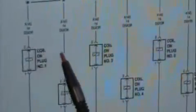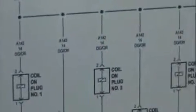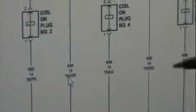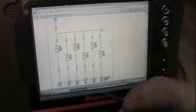Scroll down here and you can see the coil circuit. Tells you the wires: dark green with orange, dark green with orange, dark green with orange. That's the power side. And on the negative side, the ground, you've got tan red, tan pink, tan orange. So right here from the car, you can access your diagram, you can access repair information, whatever you want, and fix the car. Now if I go back to the Verus,